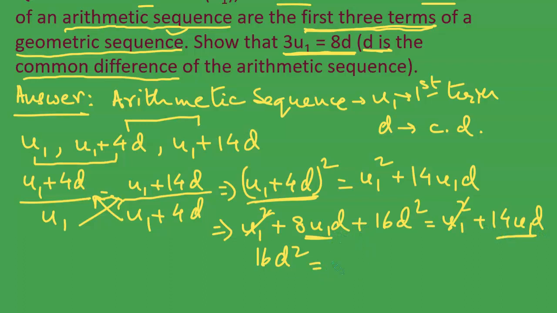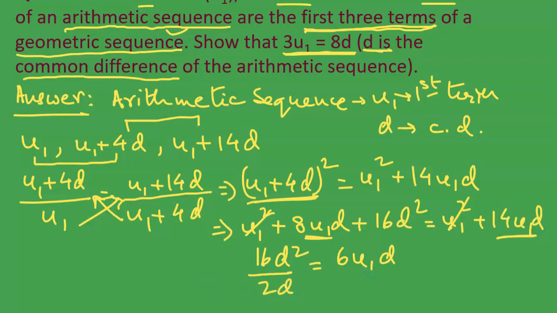So it will be 14 minus 8 is equal to 6, 6u1d. Okay. So 6u1d, and if I divide the entire equation by 2d,